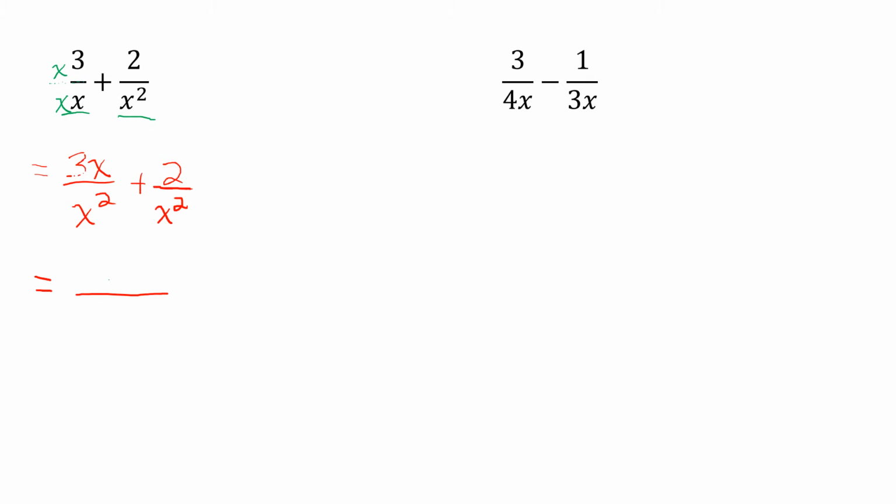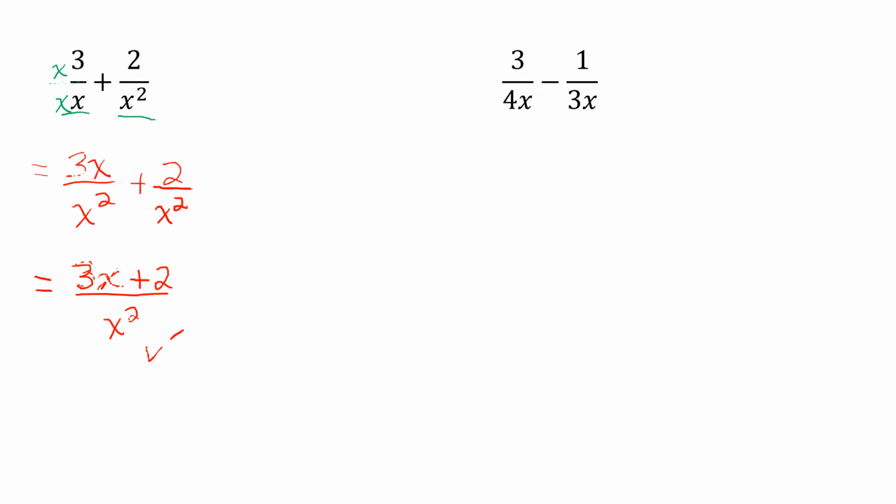So we have one denominator of x squared, and we have 3x plus 2 in the numerator. Because one is an x term and the 2 is just a constant, we can't actually add them together. That is our final answer. It looks very strange, not as simplified as you might expect, but that's all we're looking for is one fraction